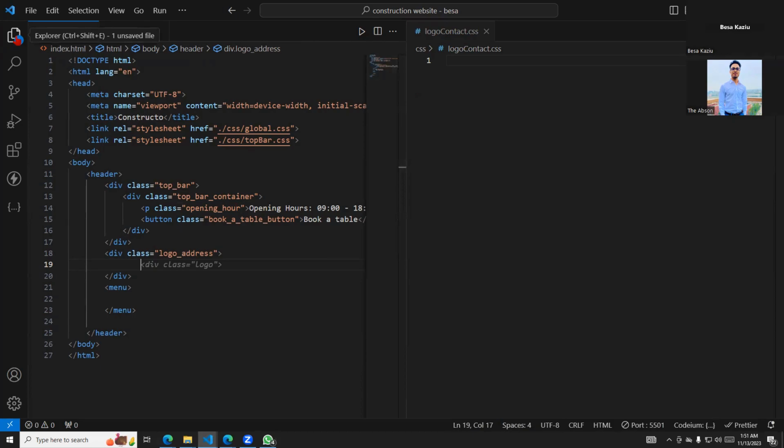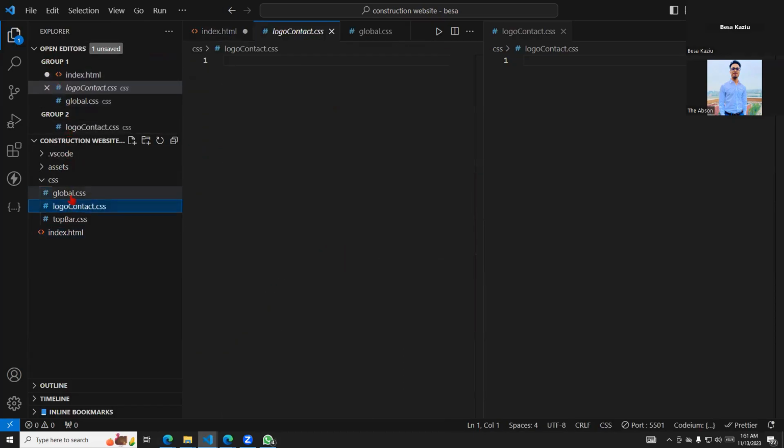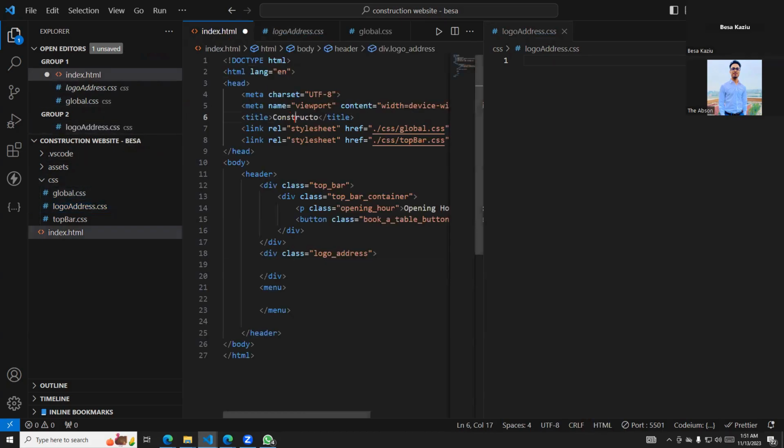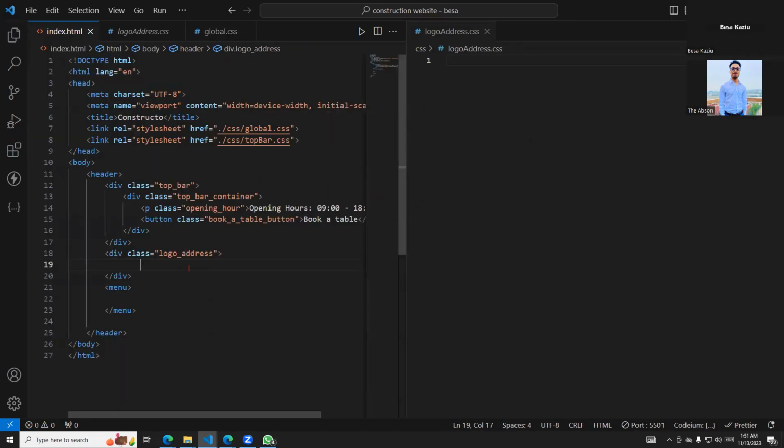Okay, let's make it logo address. So in the logo address.css, what we should do is create a container div.logo